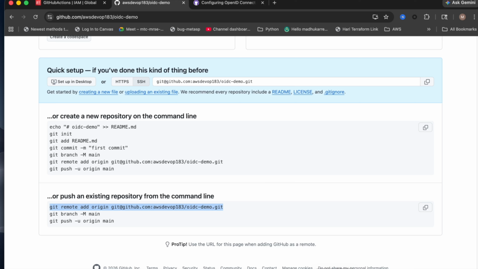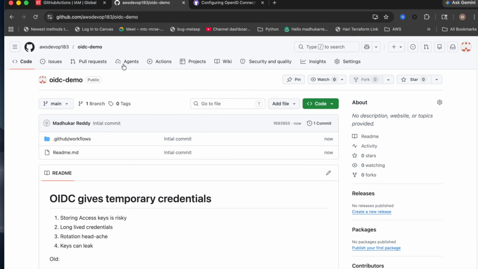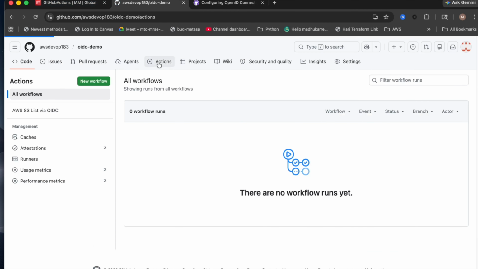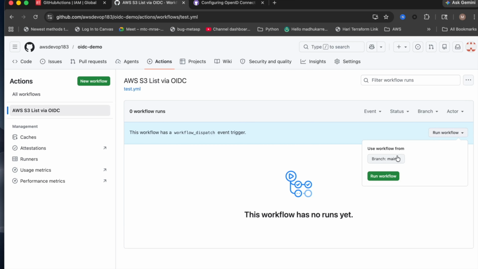So I already pushed it. If I refresh, now we got this. Now let's go to Actions, click on this one and then run this workflow.